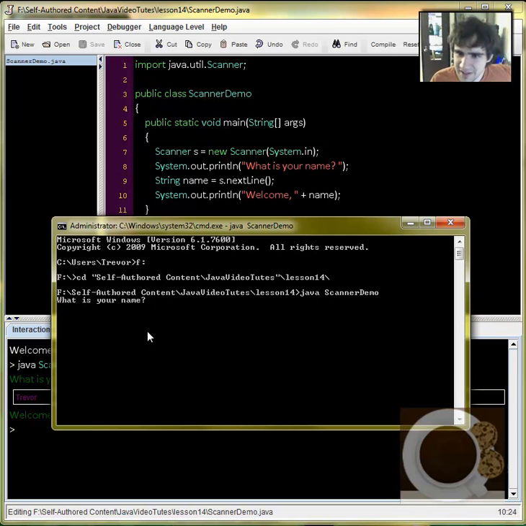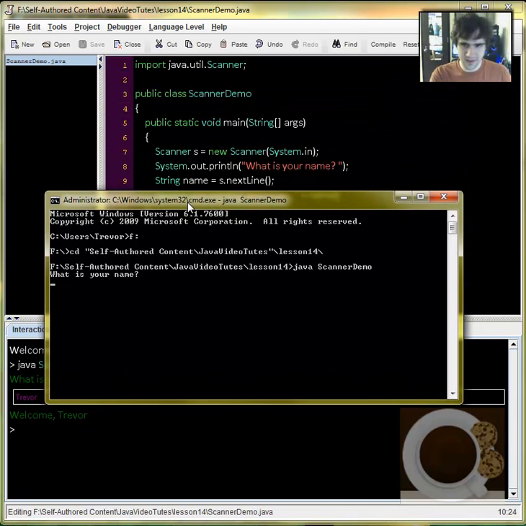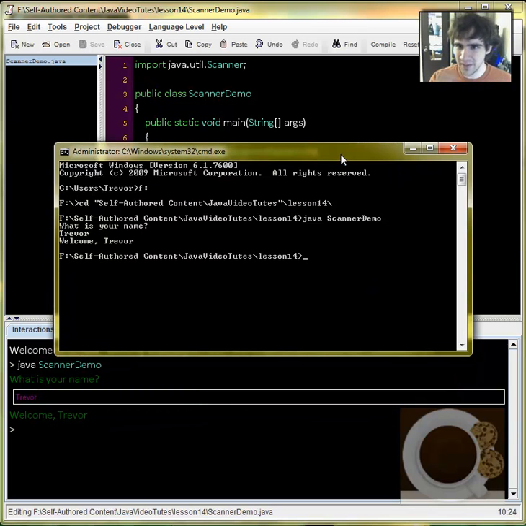So it says what is your name, and it doesn't give me this Dr. Java interactions pane, which gives me this fancy box, but this is how it should look. It's how it's supposed to look. And my name is Trevor, and it just says welcome Trevor. So easy as that. If you want to compile something from the command line, I don't know why you would,